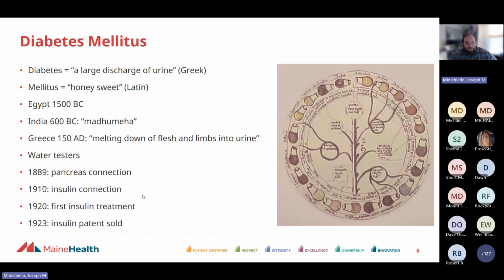So we'll get a little bit into the muscle wasting and weight loss piece that can play in here. But really, this was being picked up on 2,000 years ago. And at some point in the 1700s, you could have this awesome job of being a water tester. And a water tester's job was to actually taste the urine of patients and try and make diagnoses based off